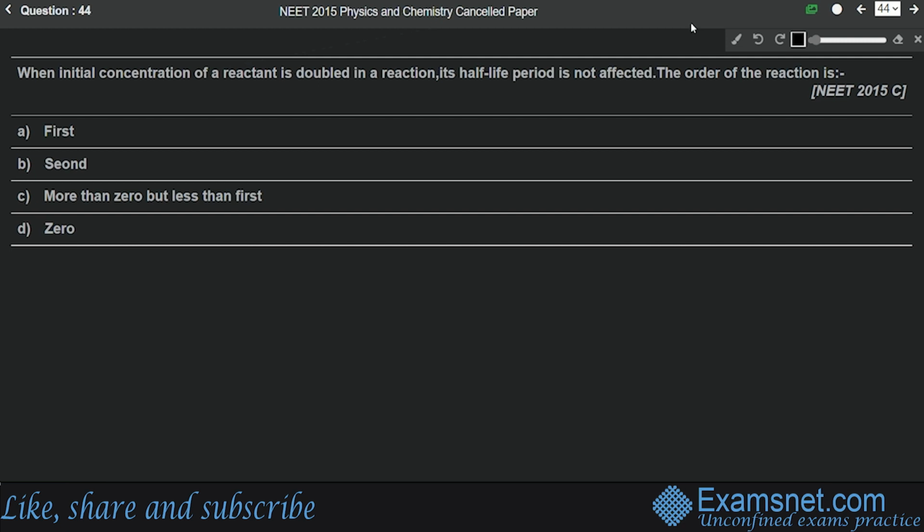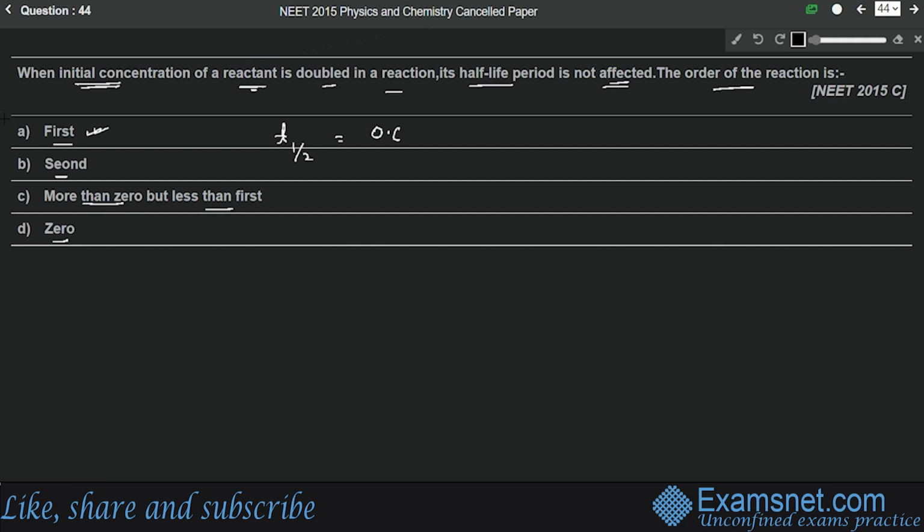Question number 44 is from the chapter Chemical Kinetics, and the question is, when initial concentration of a reactant is doubled in a reaction, its half-life period is not affected. The order of the reaction is, options are first, second, more than 0 but less than first, and the last one is 0. So again, very simple, we know that in case of first order reaction, T half is equal